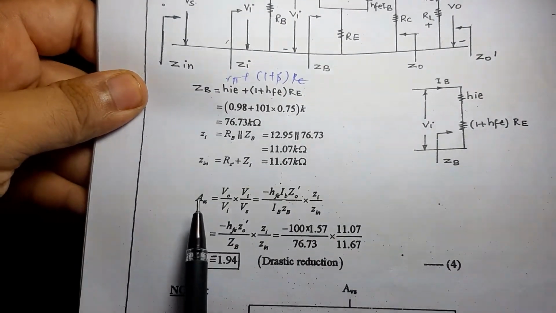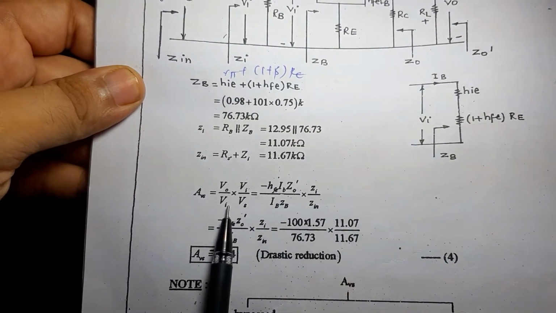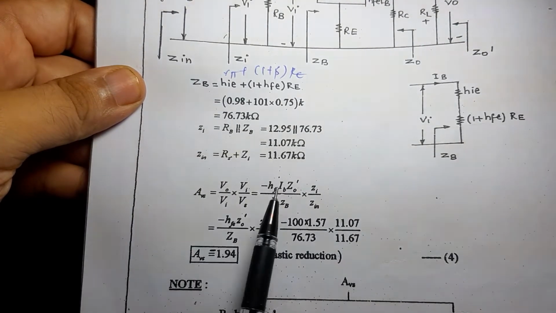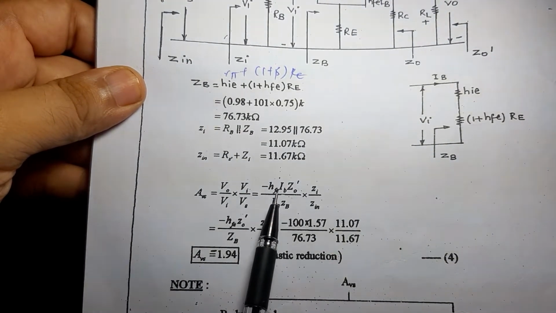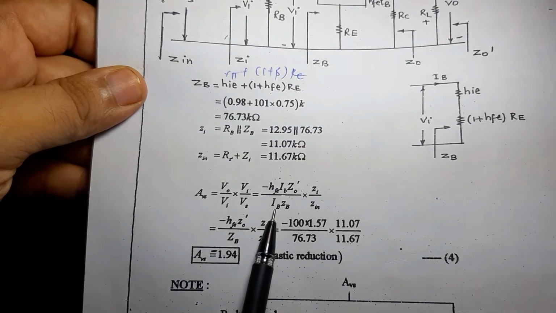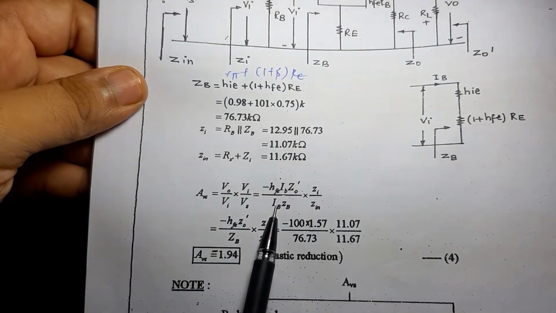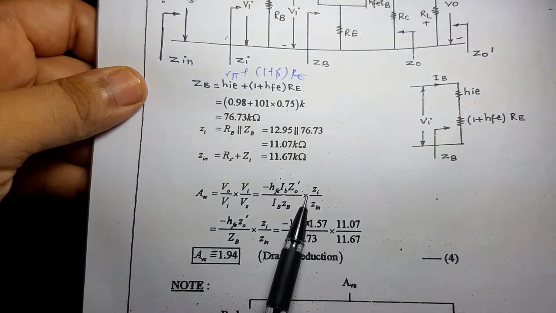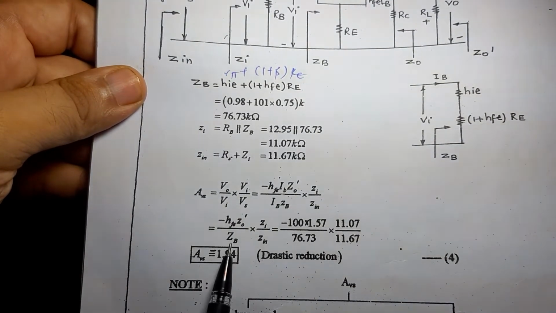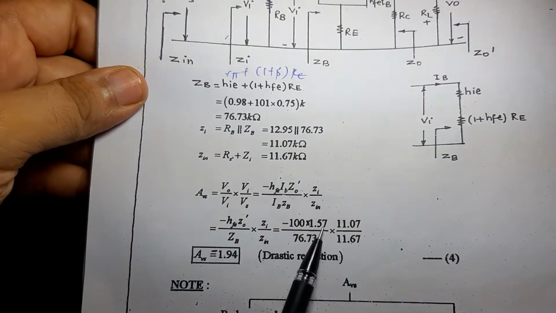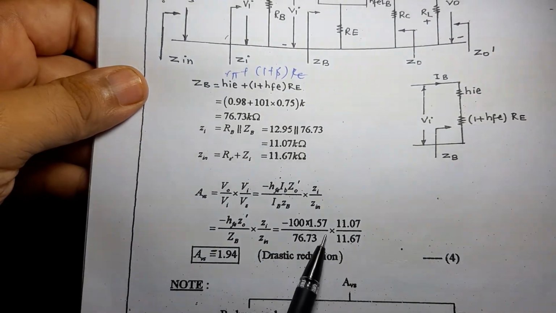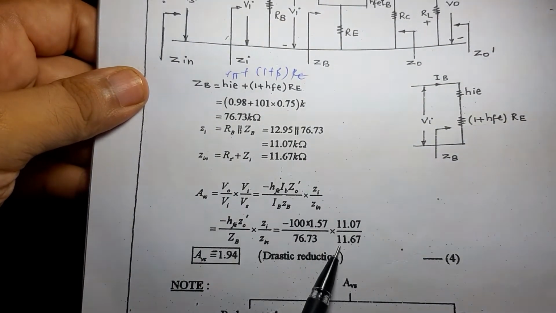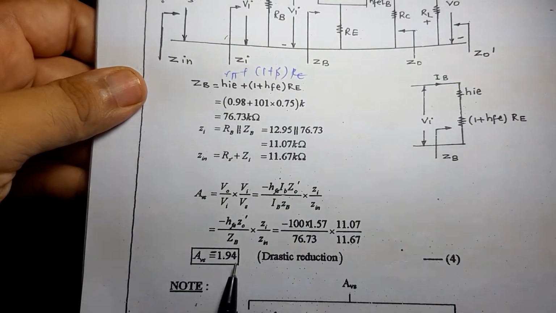Now the value of AVS over here, AVS is given by VO by VI into VI by VS. As you should be aware by now, VO is nothing but minus HFE IB into Z0 dash, output impedance into output current, upon input impedance into input current. That is nothing but your IB will get cancelled out, and the only remaining term will be minus HFE into Z0 dash upon ZB into Zi by Zin over here. So the value will be nothing but minus 100 into 1.57 upon 76.73 into 11.07 upon 11.67. The value of AVS is